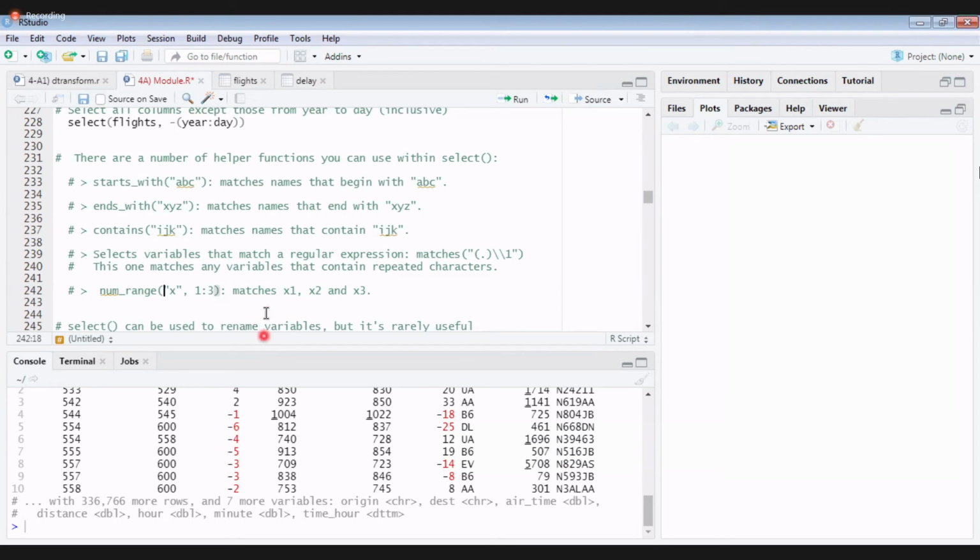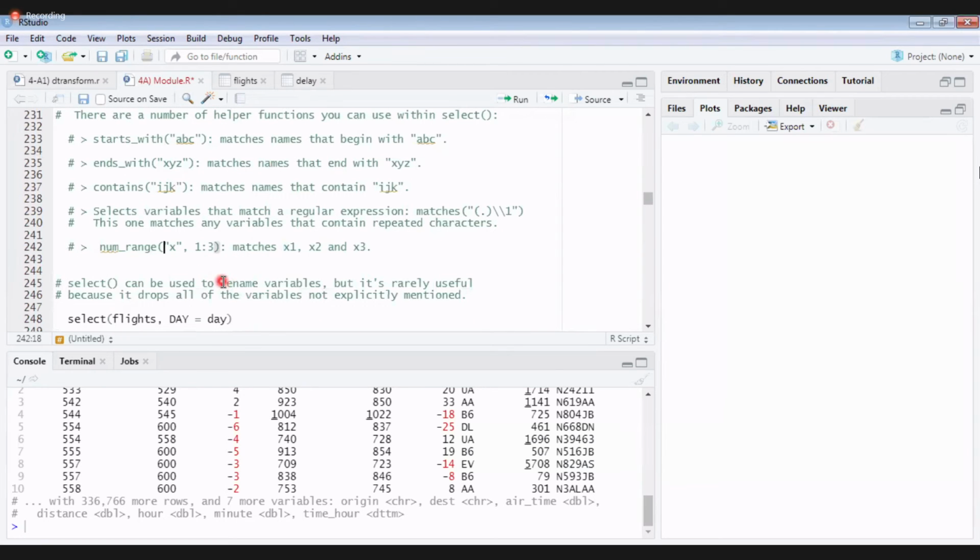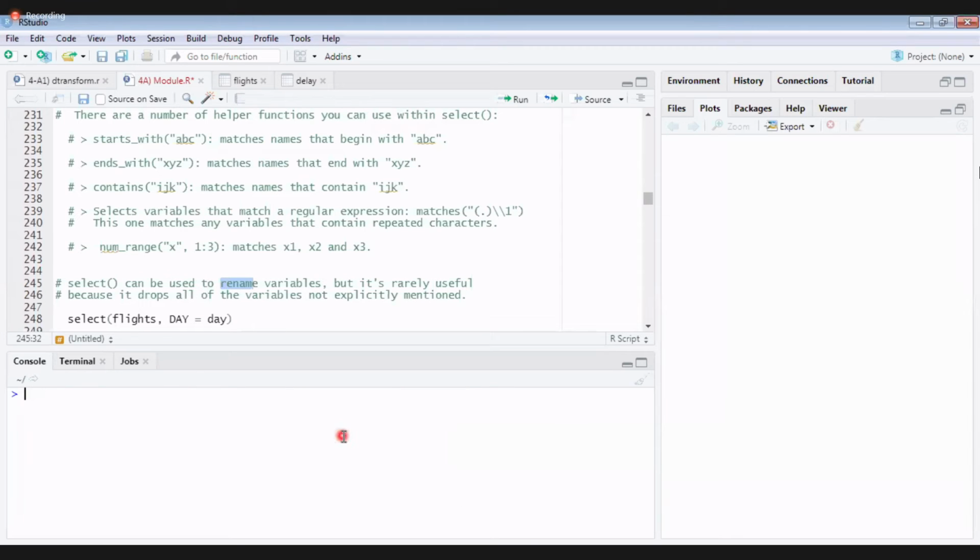And one more thing, we can use select even for renaming, but it is not advisable. Head of flights.